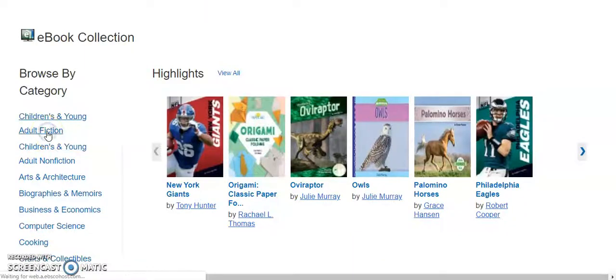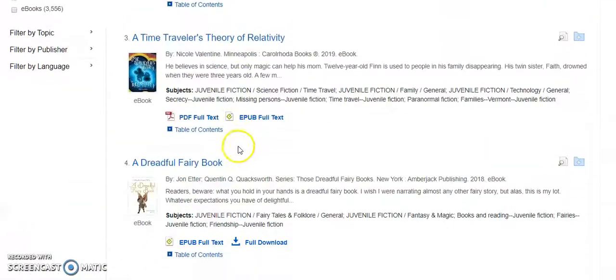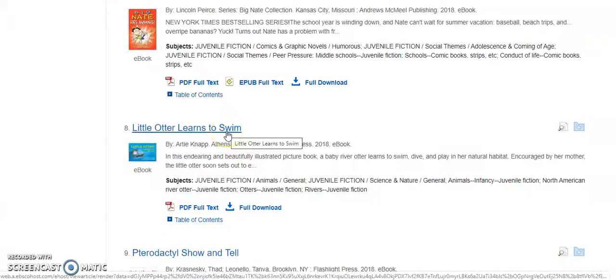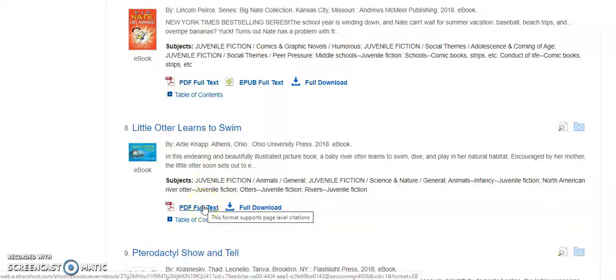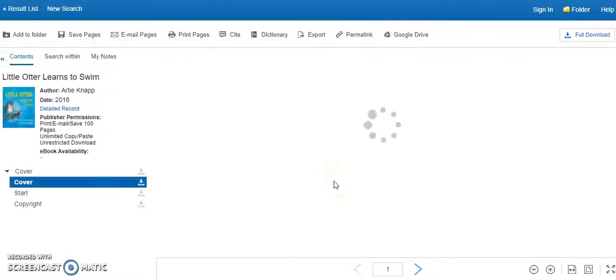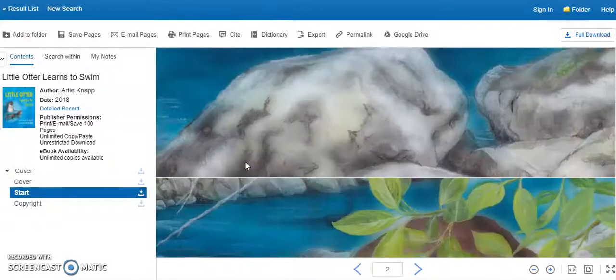For example, if we click Children's and Young Adult Fiction and scroll down just a bit, we see a book called Little Otter Learns to Swim. To see the full book, you can click PDF full text, and here we are. As you can see, the book comes up in full color, full text for you to scroll through right on